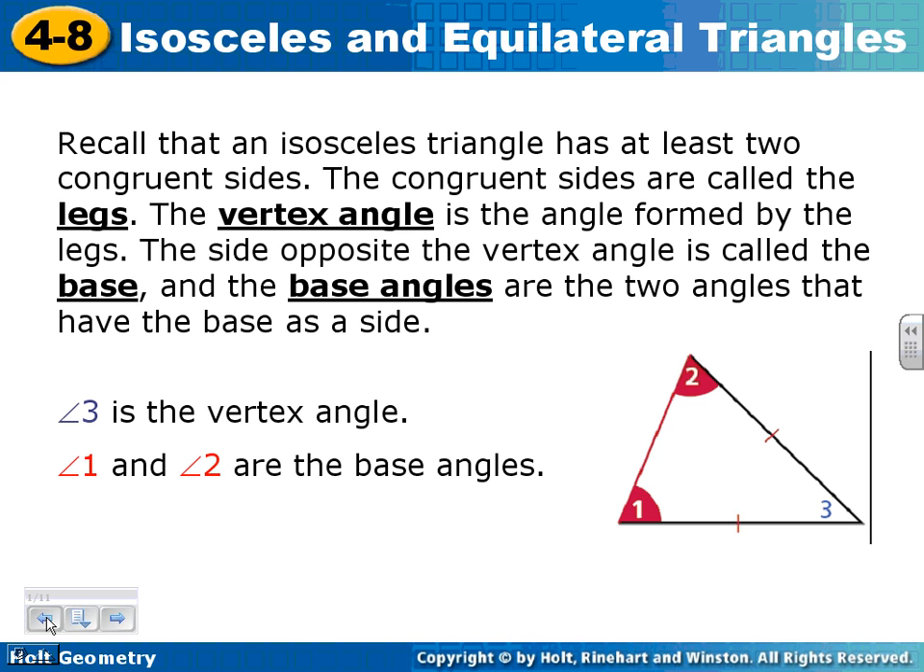Isosceles and equilateral triangles. Remember, we've had those definitions before. Isosceles, equilateral. This one reads, recall that an isosceles triangle has at least two congruent sides. The congruent sides